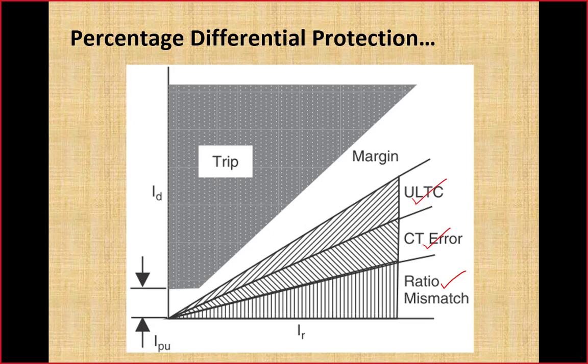But the slope setting of percentage differential relay will make this relay immune to these currents, and the relay will become secure against these currents. But when a fault occurs within this zone of protection of the percentage differential relay, that will cause immediate protection. So it means the percentage differential relay is highly sensitive as well as highly secure. It would detect an internal fault and would not operate for any external fault. So due to its high sensitivity, it could detect even minor faults inside the transformer.